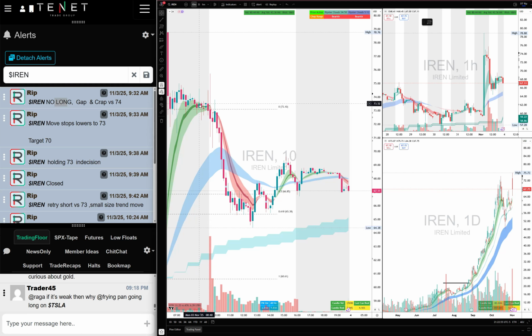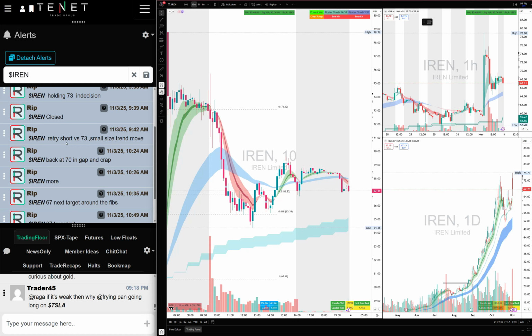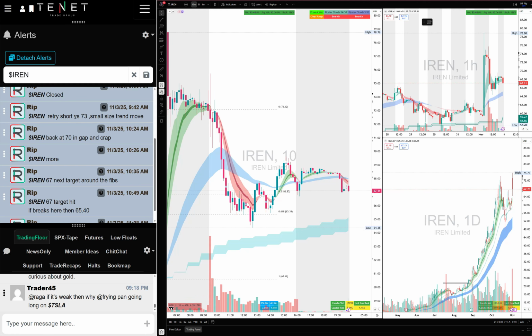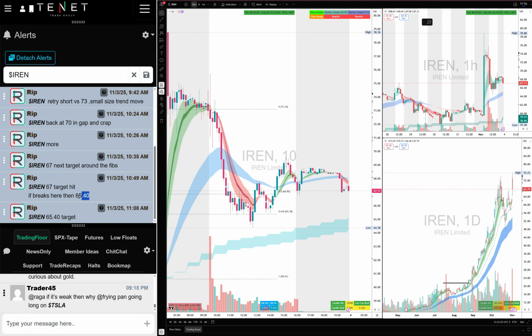Then it dropped again, and we shorted it again for the second time. Initial short risk was 74, then we tried to short again versus 73. Although we got chopped out a few times, I realized that 74 was a much better stop, because you could see a lot of wicks there on the top at 74. So we re-shorted it on the 74, and this time it faded, and I gave the target of 67. The next target I gave was 65.40. Then both our targets were met, right?